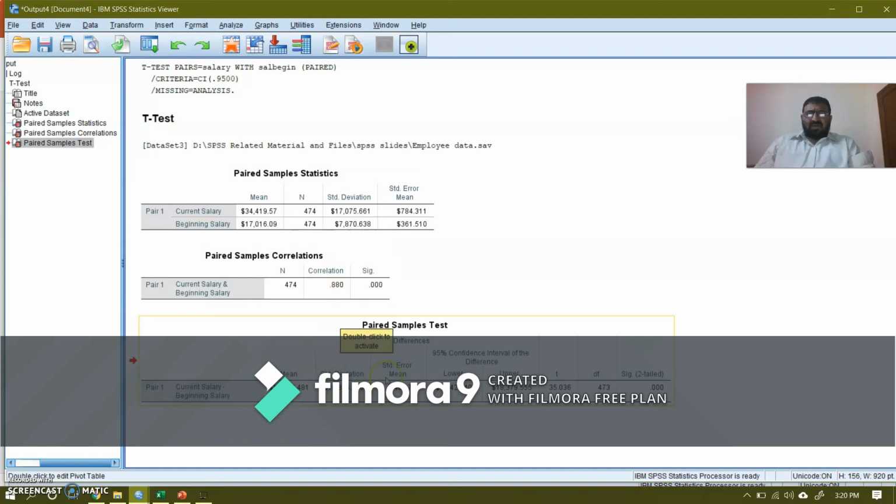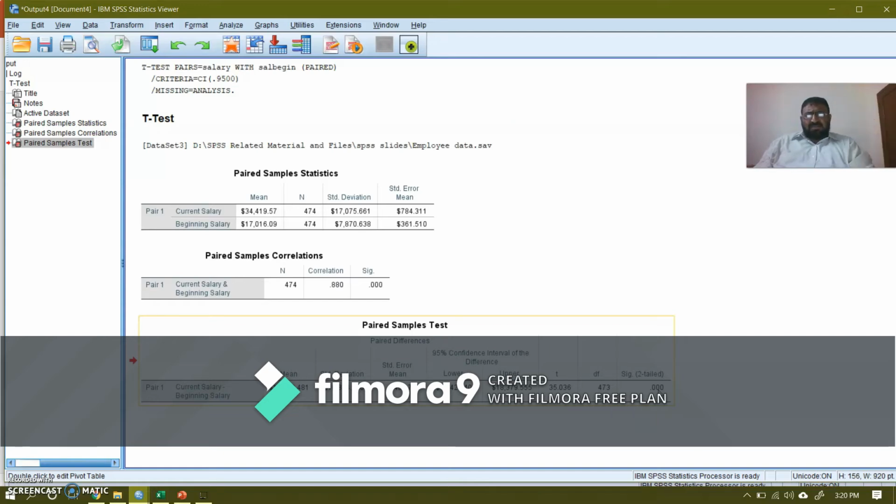And similarly, for the standard error of means, if we subtract this one from this one, we get this. And here are the lower and upper confidence interval of the difference, and this is the T statistic, and the degrees of freedom is 473, and here is the two-tailed p-value or the significance value.